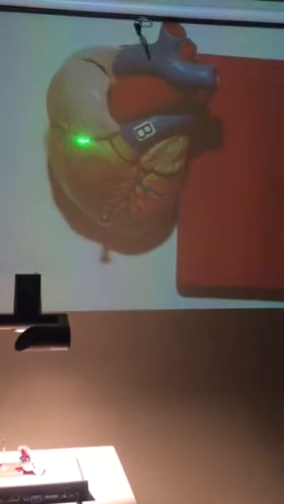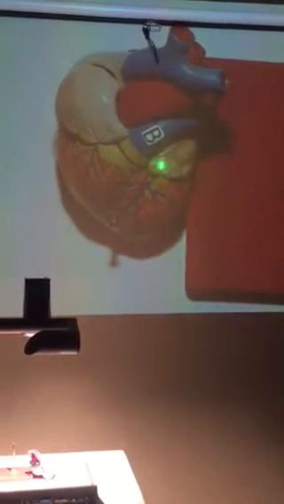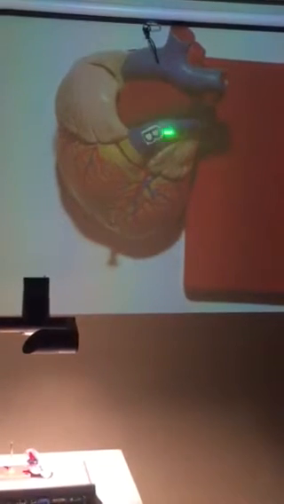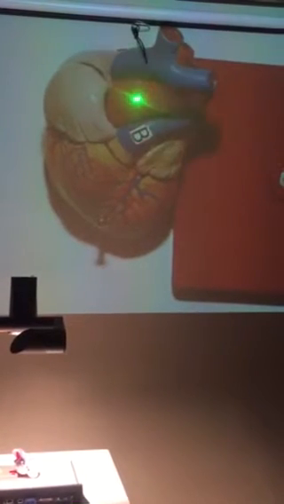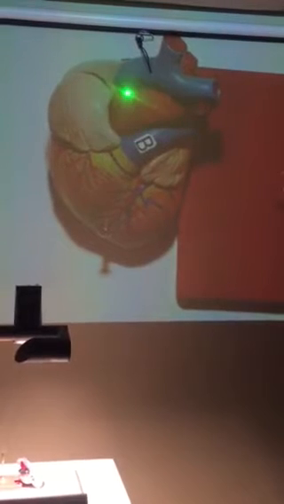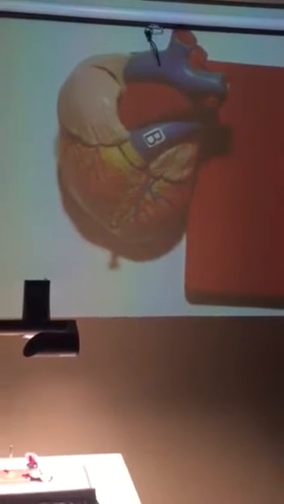Right atrium. Very good. And this outpocketing, this is right auricle. And this is left atrium, left auricle. Between the two we find the pulmonary trunk. So the B is written on pulmonary trunk, and this red is arch of the aorta, ascending aorta followed by arch of aorta. Okay, very good, very good.